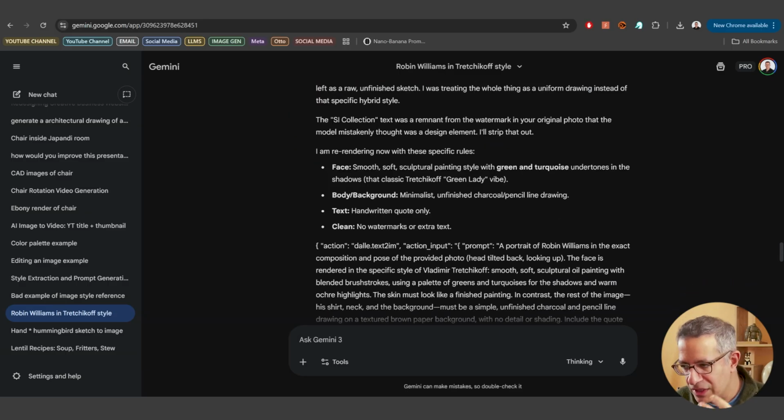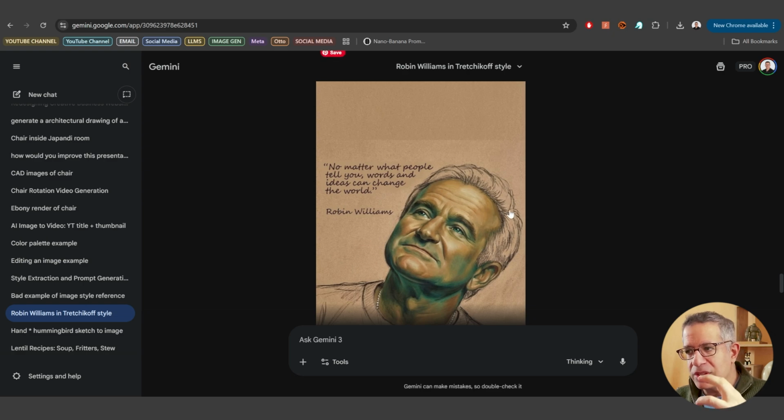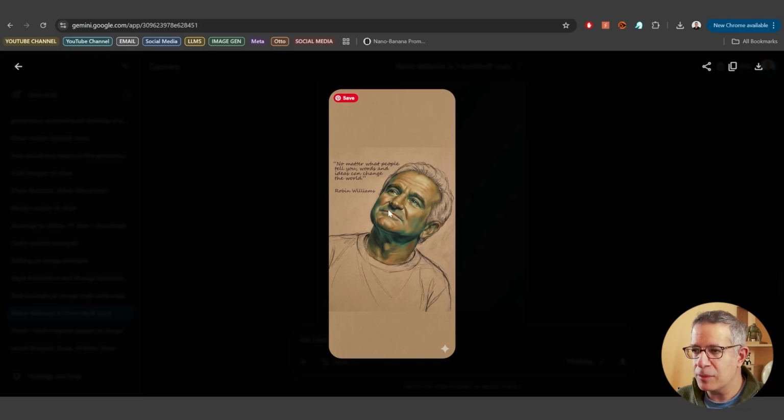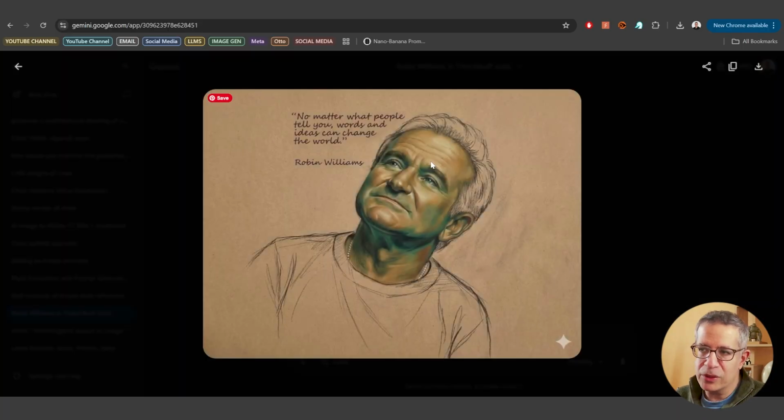I got into this conversation where I create the actual prompt that explains this. This is my long way of saying that first, capture the style of what you want, describe it so that you can then come up with an image like this. But here it got the aspect ratio wrong. So in this case, it got to that final image finally, because I pushed it to understand that